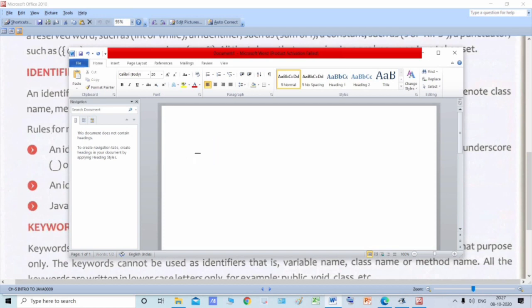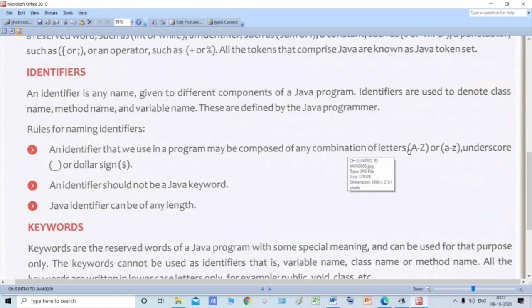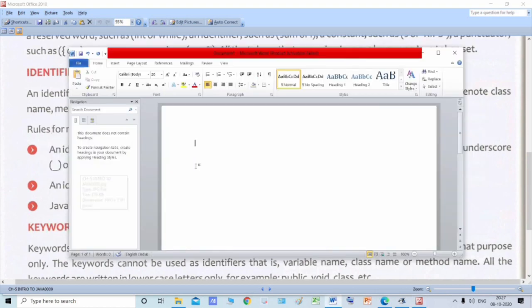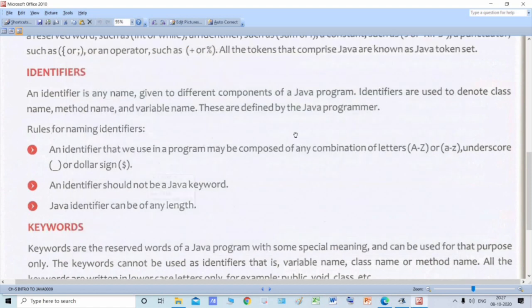So you can use underscore, and you can also use the dollar sign while naming your identifier. Apart from these two symbols, you cannot use any other symbols. So this is the first rule. You can use any combination of letters, capital A to Z or small a to z, or both.